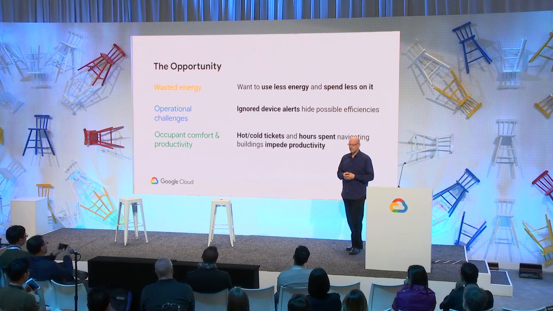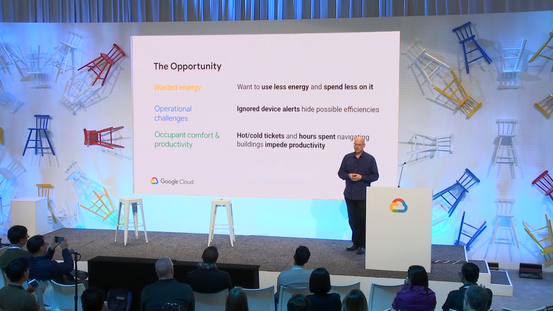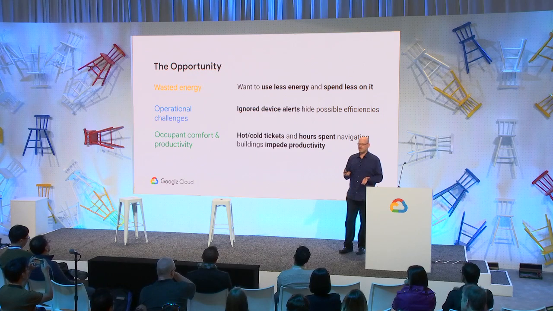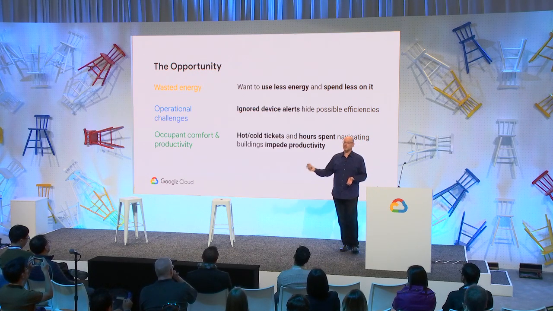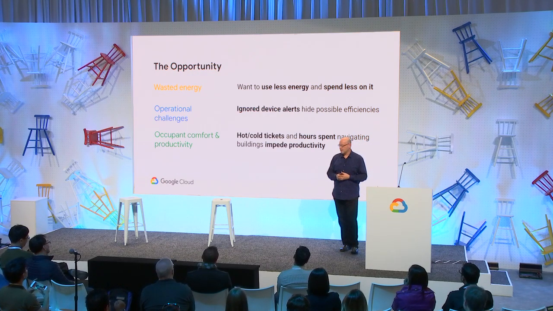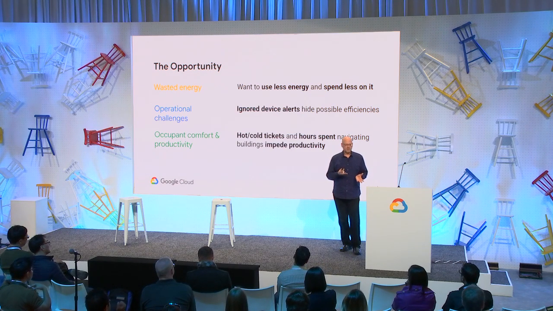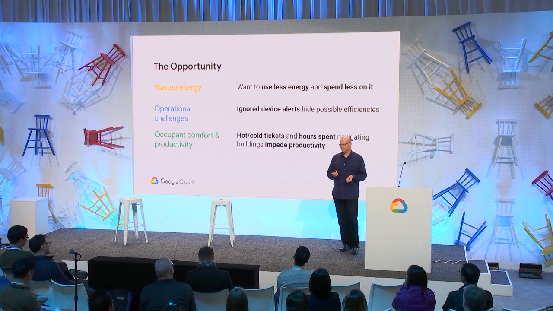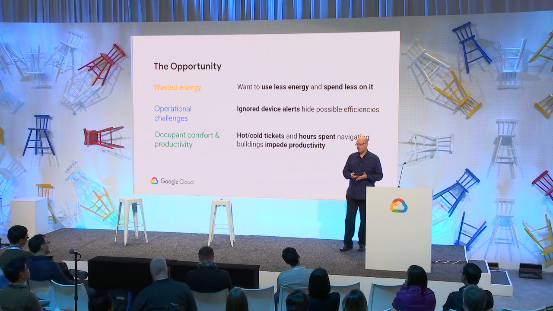And then on the productivity side, answering hot and cold tickets means people are uncomfortable enough not to be able to get their work done, and they're telling you about it if you're managing the facility. Moreover, Google has tons of buildings. Some of them have very complex layouts. People have a lot of meetings, and we have found that people actually spend, and this is a measured amount, millions of hours searching on the floor for the meeting room that they need to get to. Now, there may be the issue that you're having too many meetings. That's a separate discussion. But fundamentally, you need to be able to get people to where they need to go